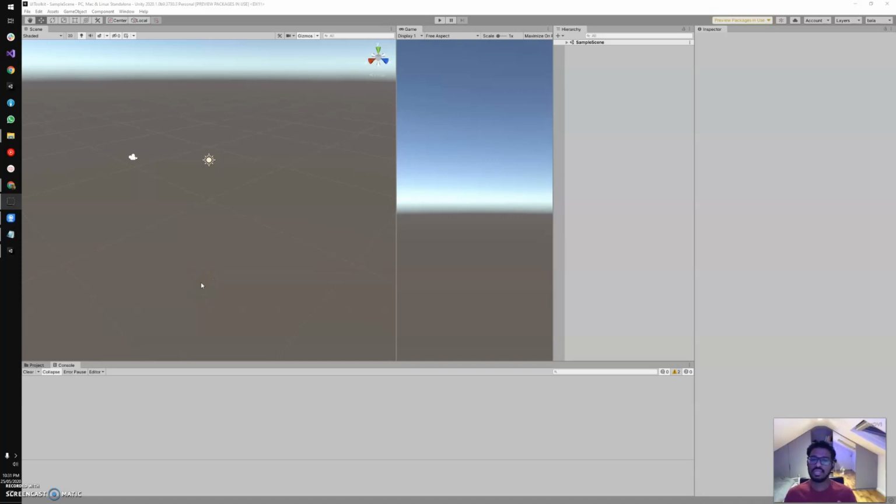Hello everyone, now we're gonna see how to build a simple UI using the latest UI toolkit released by Unity. This is an advanced UI tool system built by Unity, and it was released in 2019 as UIElements. Now it has been renamed as UI Toolkit. And this is a very advanced UI system released by Unity, and this uses the concept of XML